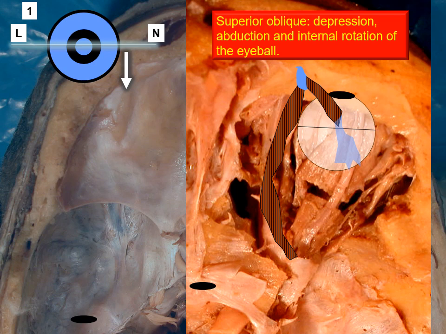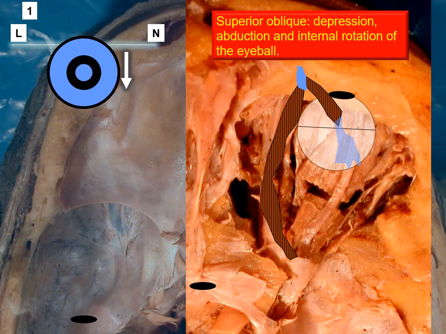If the superior oblique acts, on the basis of the diagram I showed you, it raises the posterior quadrant, it makes the posterior quadrant come forwards. As a result, the anterior quadrant is brought down, and this will be the result. In other words, this muscle causes depression of the eyeball.